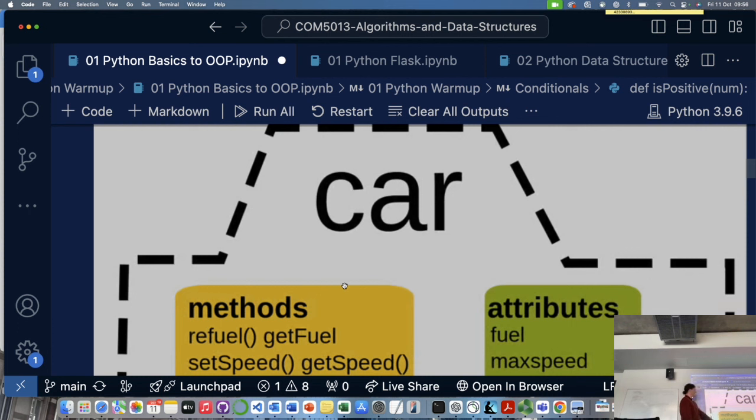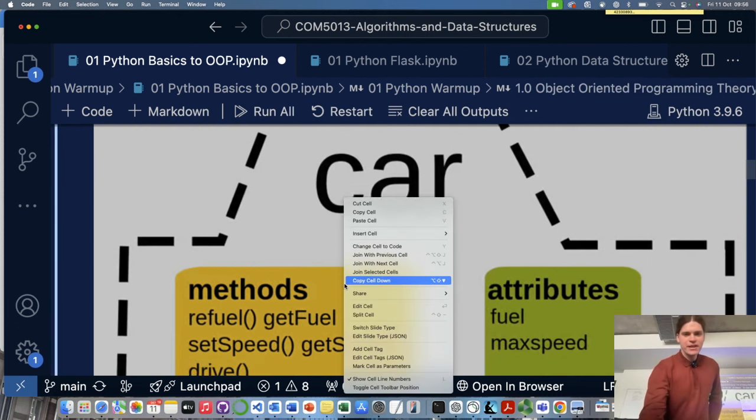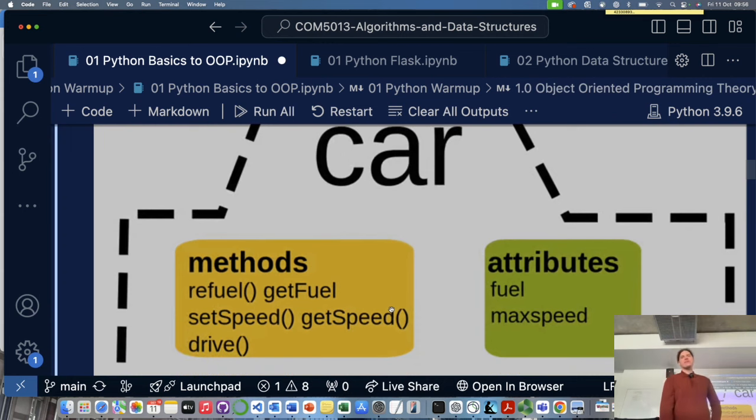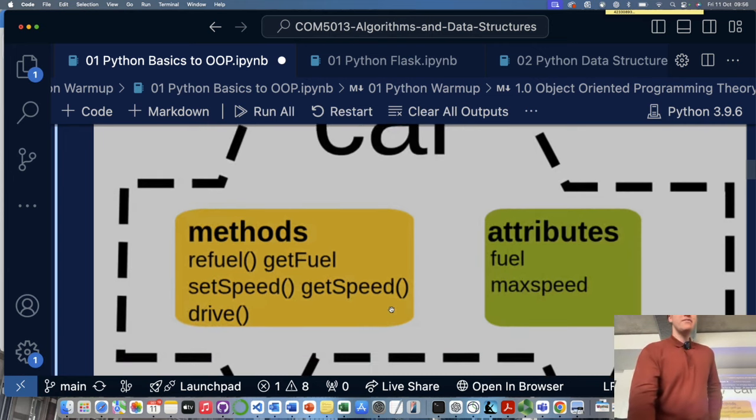And then, of course, the cars have behaviour, don't they? We go to the fuel pump or the electric refill station if you have an electric car. So that's the refuel function. We also have get fuel, get speed, and others as well. Drive. Yeah, types of behaviour, types of functionality, types of things they do. Okay, so those are the two things we tend to see defined in the class, and they're defined up front,